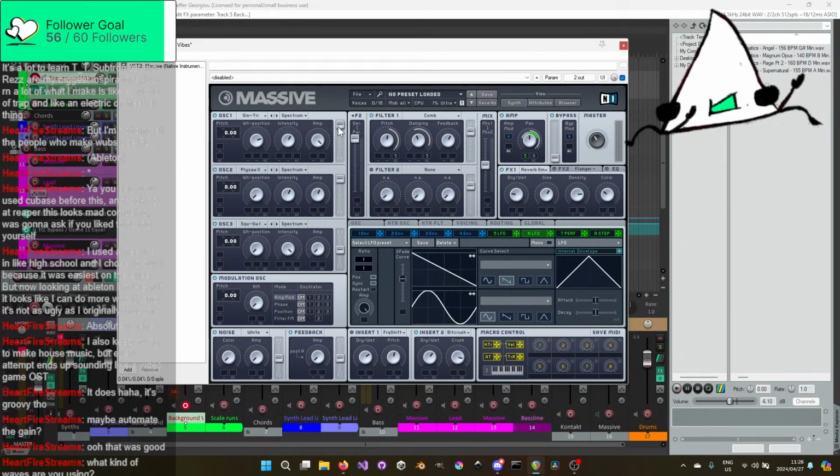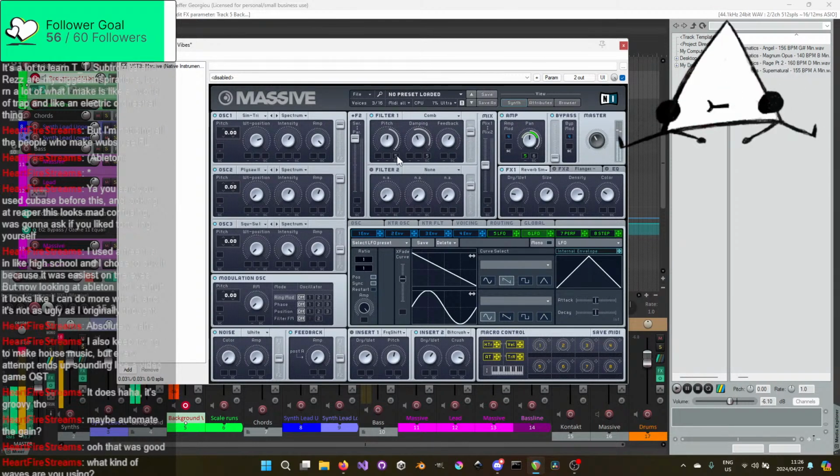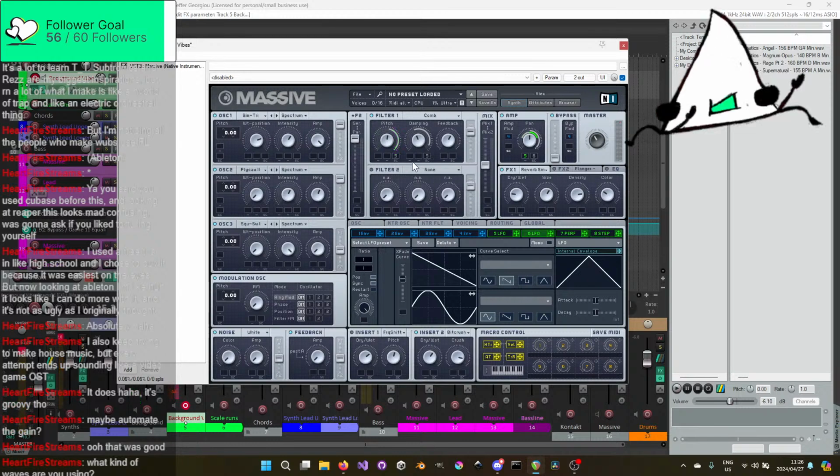Everything's only going through to filter 1, which is then going through a comb, which has some pitch shenanigans going on. Oh, that adds like pulsing. Then they're going through a comb filter, which is then going through insert 1. How is it being routed?